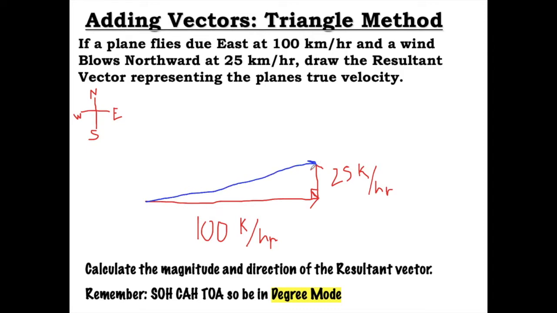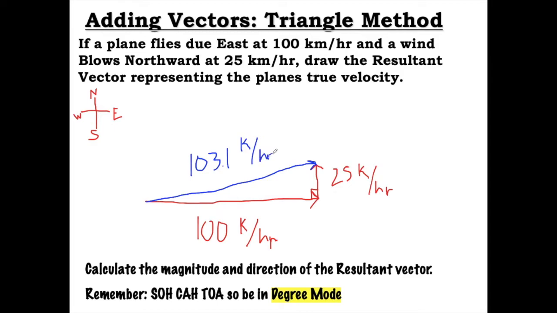Crooked lines. So somehow we need to find this blue vector. And some of you right away might be thinking, I know how to do that. To add vectors, if they're at right angles to each other, you use the Pythagorean theorem. So you're going to do 100 squared plus 25 squared, and then square root that. And I already did that, and I got that the vector would be 103.1 kilometers per hour. And technically I should put in km per hour, but my handwriting is atrocious, so I'm